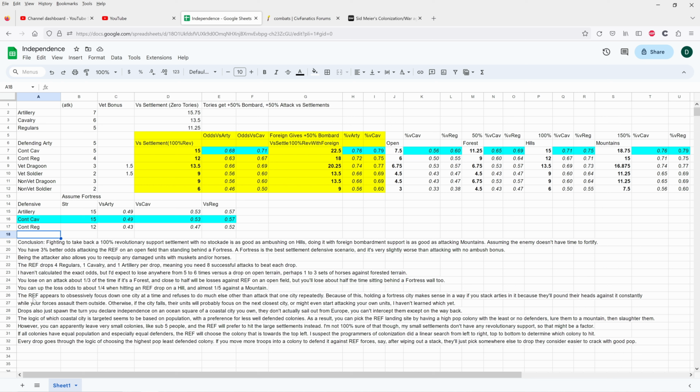combat. The REF appears to obsessively focus down one city at a time, and they won't do much else other than attack that one city that they drop at. And it'll announce which city they're dropping at, because they'll tell you that REF forces drop at, say, Ironhole or at Proxima. Because of that, having a fortress city kind of makes sense if you want to put some artilleries in it, because they'll pound their heads against the artilleries, but the artilleries only have about a half chance of success either way. So you're much better off having a reaction force of cavalry to attack until you wipe them out in one turn. If you wipe them out every turn that they drop, they will never get the chance